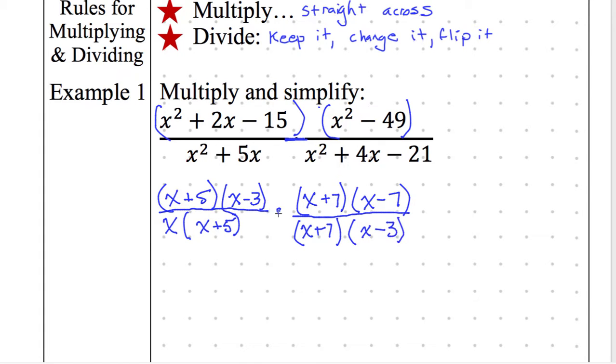All right. Remember, this is really one giant fraction, so I can just connect these two lines right here. Now it's one giant fraction because it's multiplication. I can just cross things off that look the same. Does anyone see things that we can cross off? X plus 7, x plus 7, x plus 5, x plus 5. Anything else? Oh, and x minus 3 and x minus 3. Wow, that simplified a ton. All right, so our final answer then is going to be